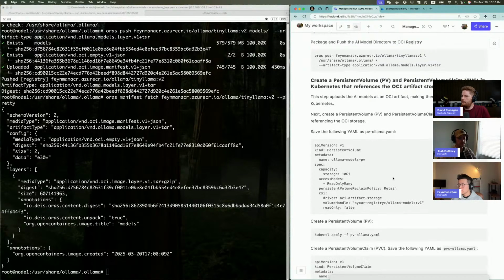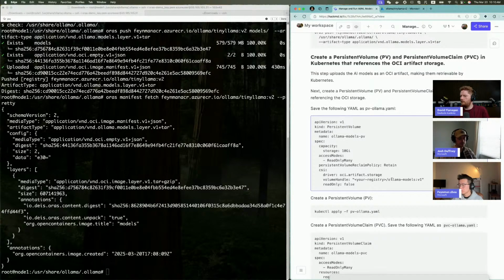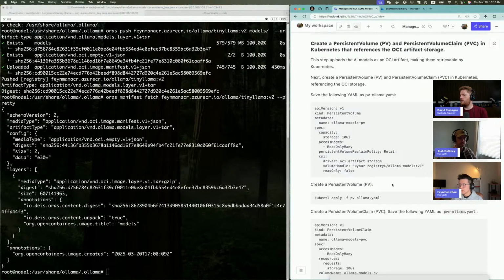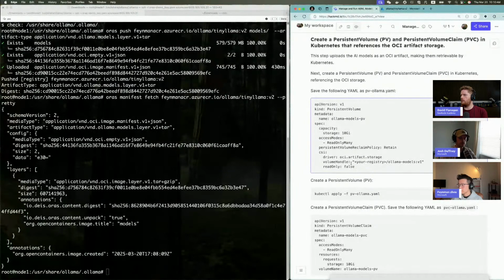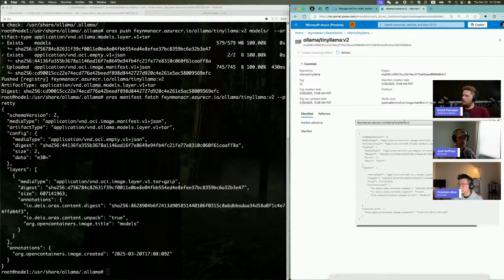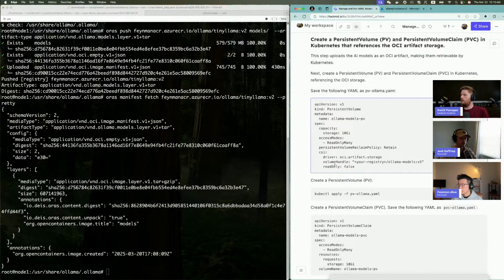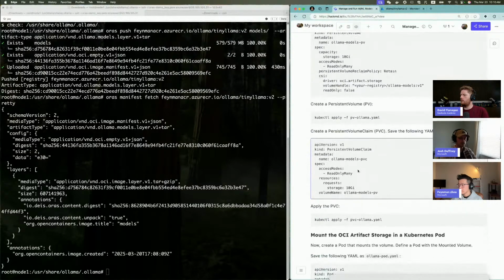Here, you will need to create 2 YAML files for your persistent volume and persistent volume claim, which is PV and PVC. And to save time, I already created those 2 storage resources. The first one is the Ollama models PV. Here, you have to specify your volume handle, which is your image reference. We can just paste the image reference from your container registry and put it into the property value volumeHandle here. And next